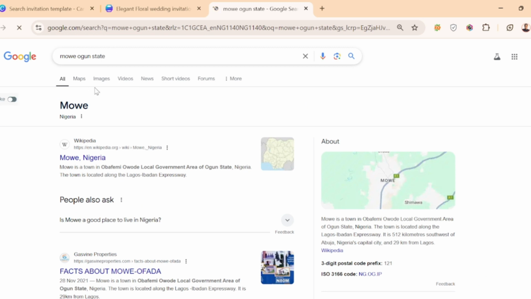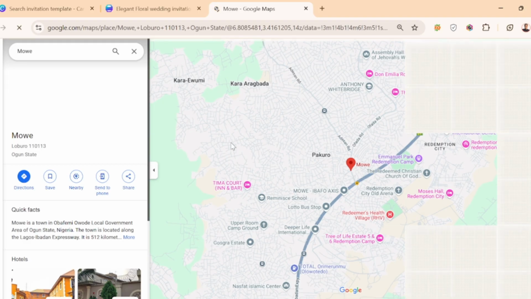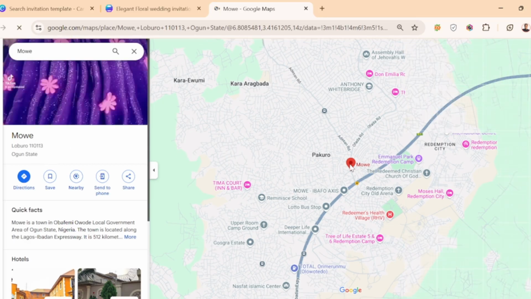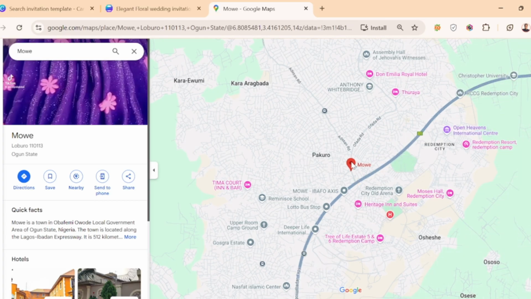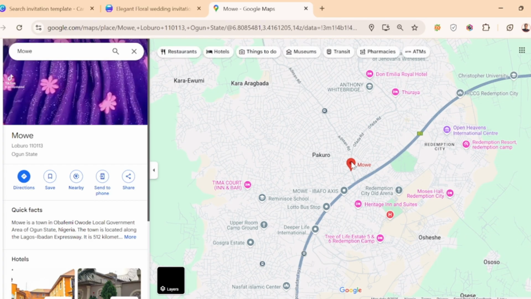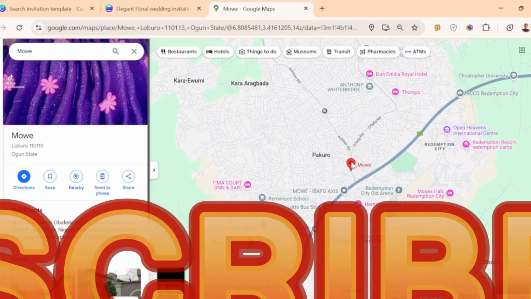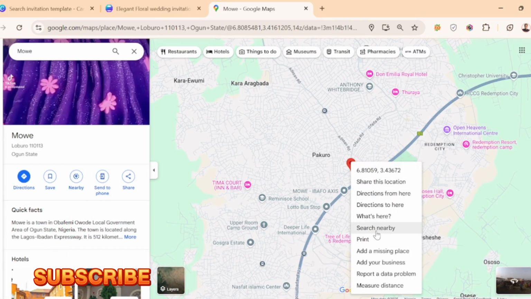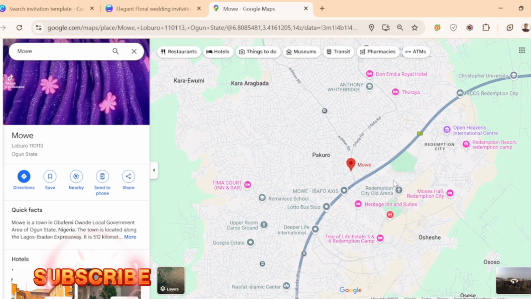So once I'm under Mowe, Ogun State, then I'll just come to this map. You can see all, maps, images, videos. So I'll click on maps. I'm under maps now, and this is Mowe. So this is exactly the location that is showing. So what you just need to do in order for you to get people to this address, you right click on this red dot over here, and you scroll down, you will see share this location. Once you click on this share this location,